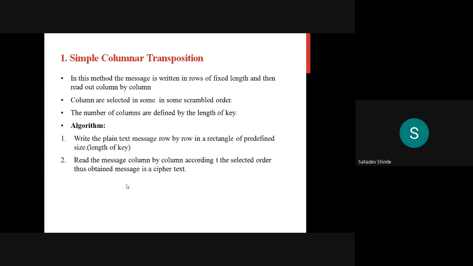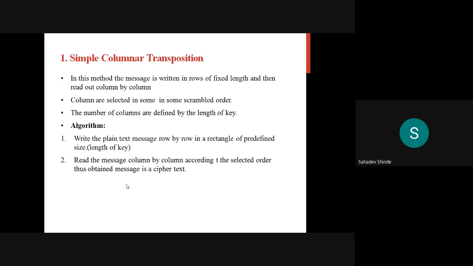Once again you can see here the simple columnar transposition. In this method the message is written in rows of fixed length and then read out column by column. Second, columns are selected in some scrambled order. Third, the number of columns is defined by the length of the key.